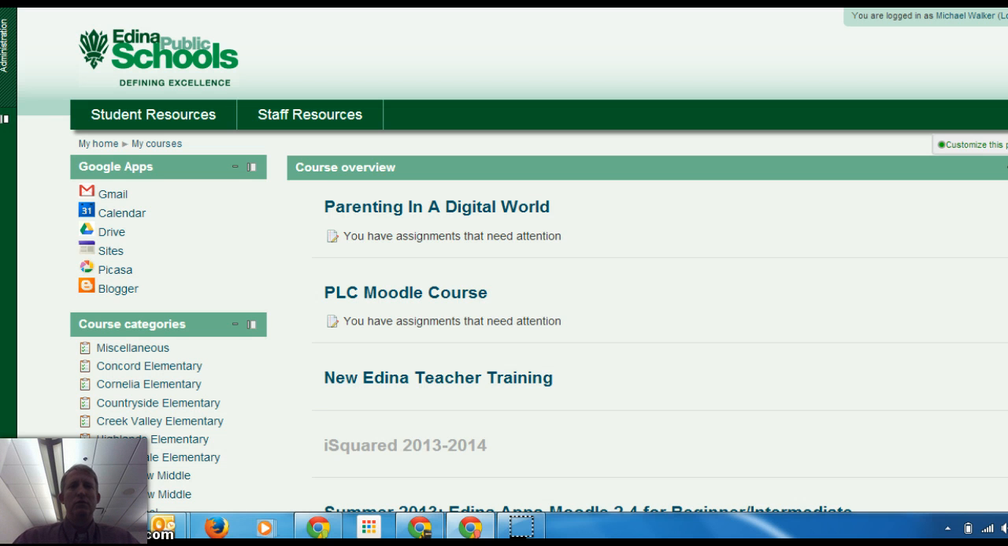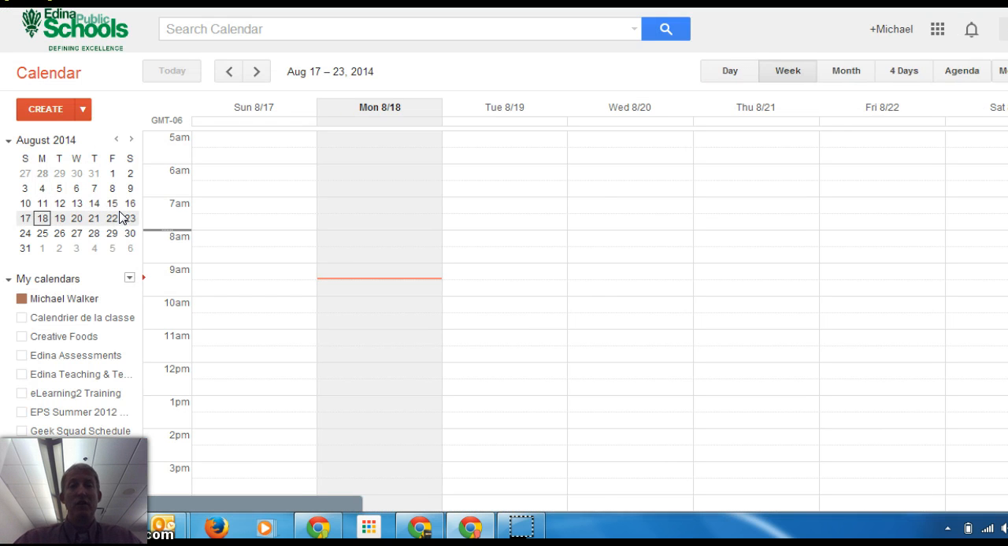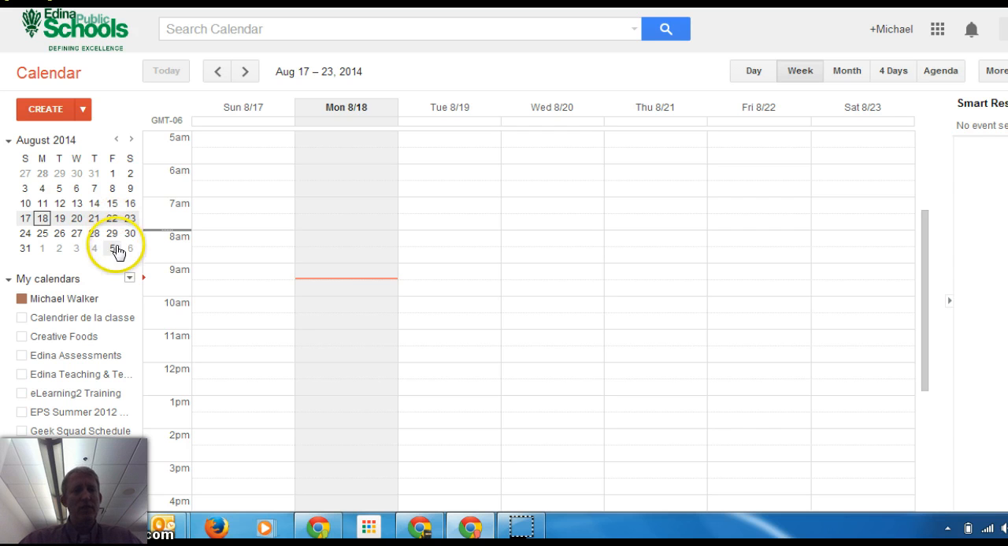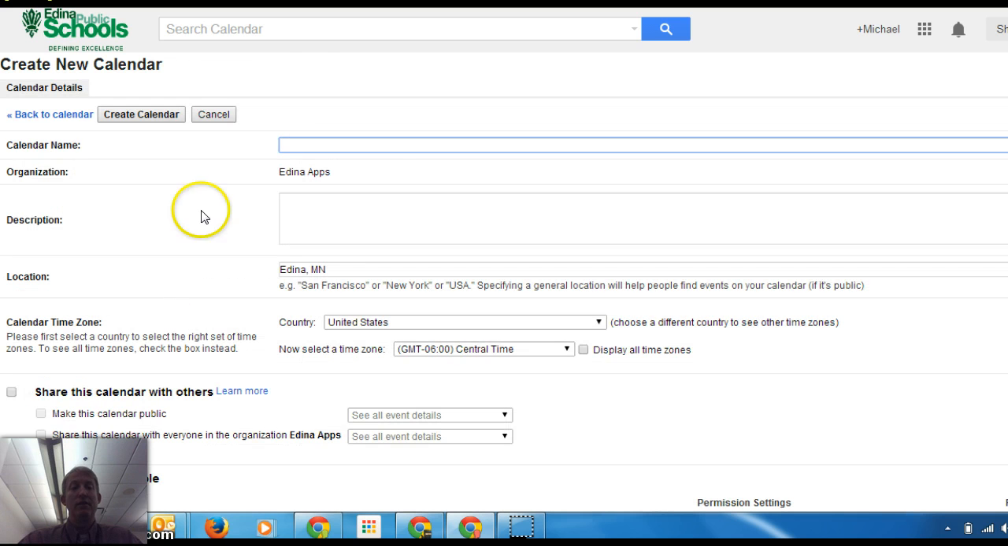First thing I'm going to do is log into Edina Apps and click on Calendar because I need to actually set up the course calendar if I don't have one already. Once you're logged in to the calendars, you'll see where it says My Calendars that there's a drop-down arrow. I'm going to create a new calendar. I'm going to call it Algebra Course,